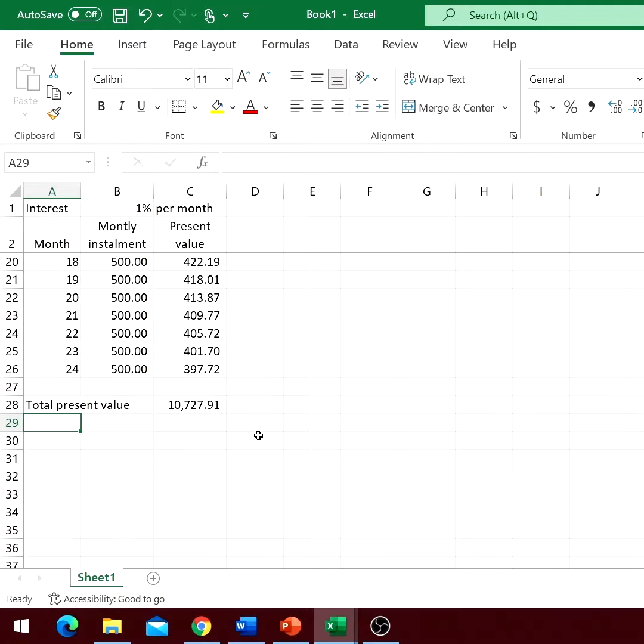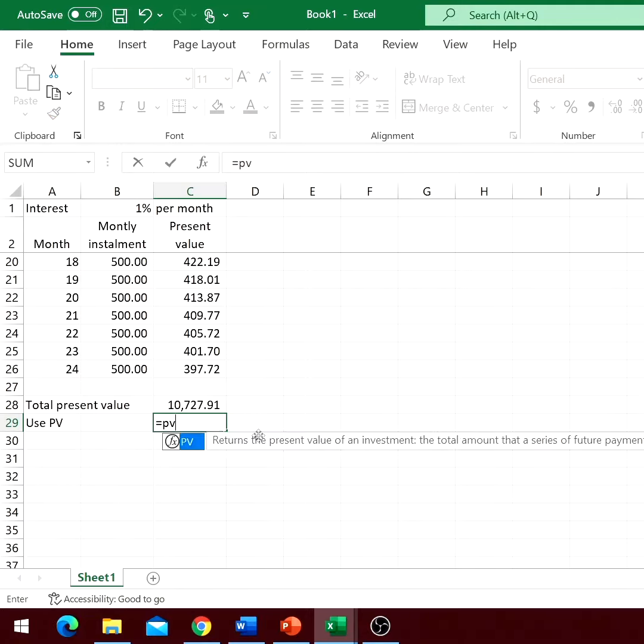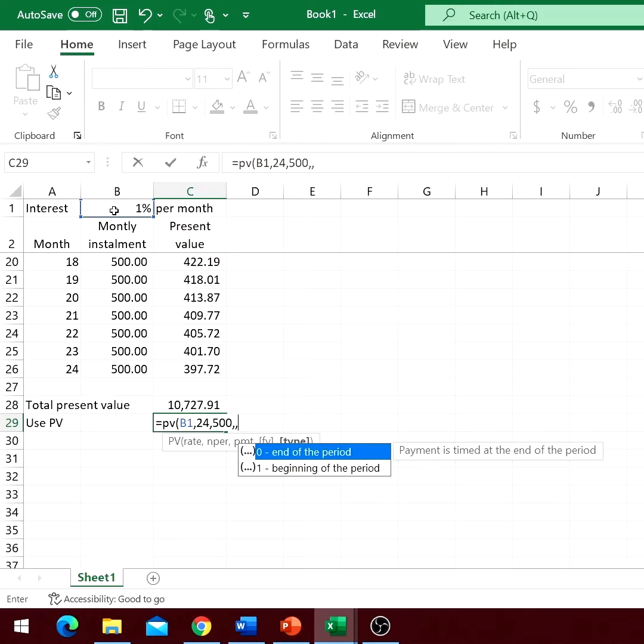If each installment is the same, you can use the function PV. Equal PV, the first argument is the interest rate per period. The second argument is the number of periods. Third argument is the installment amount. The fourth argument, you can leave it blank unless you have a lump sum payment at the end of the